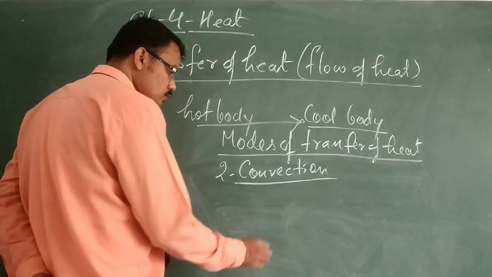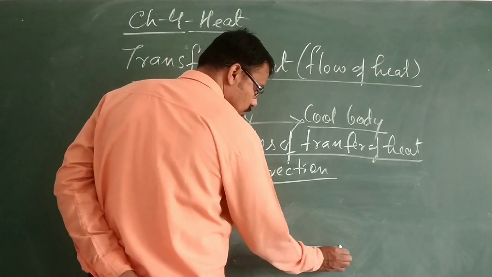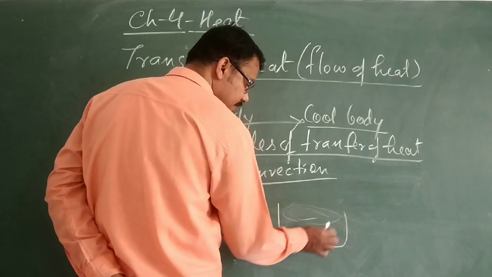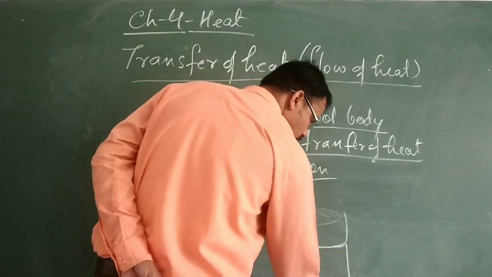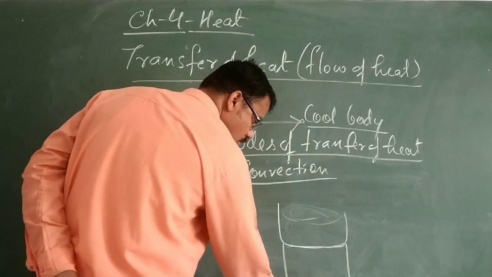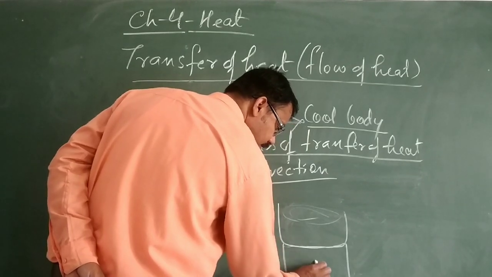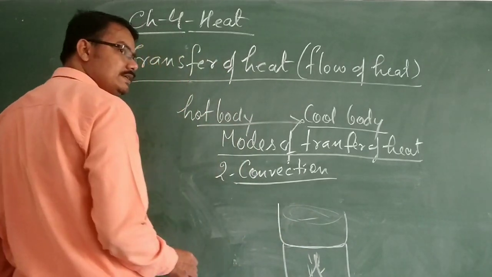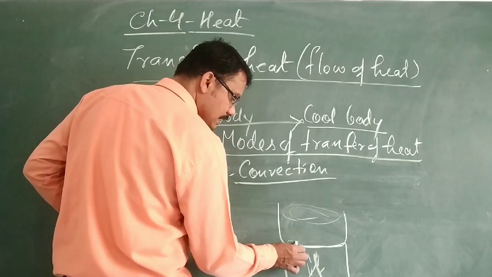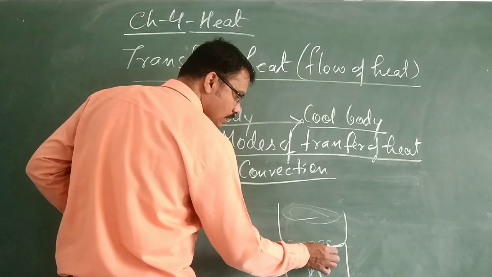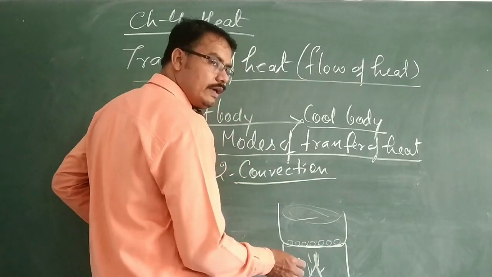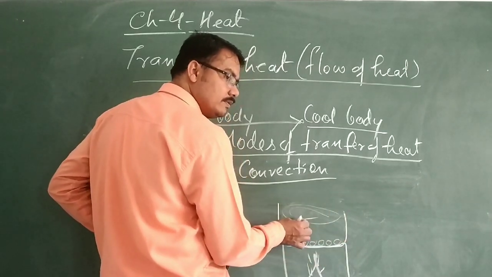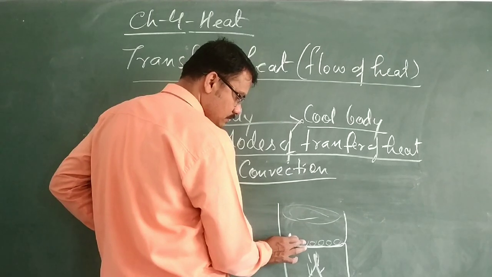Convection. Suppose that you have taken a vessel in which there is water present. You have kept it over a fire to heat it. The water gets heated. The molecules present at the lower level get heated and slowly rise up. Just as an example,